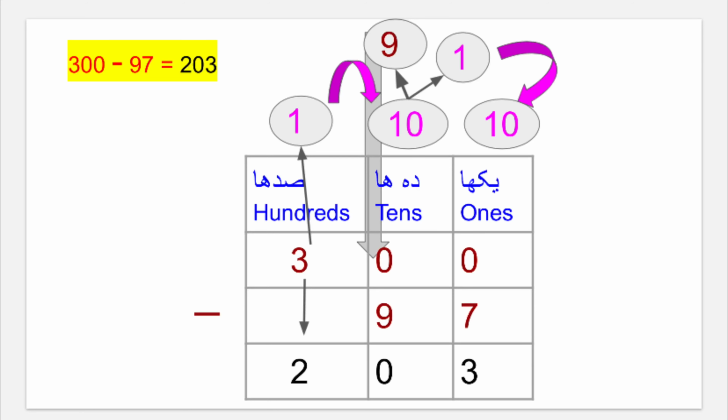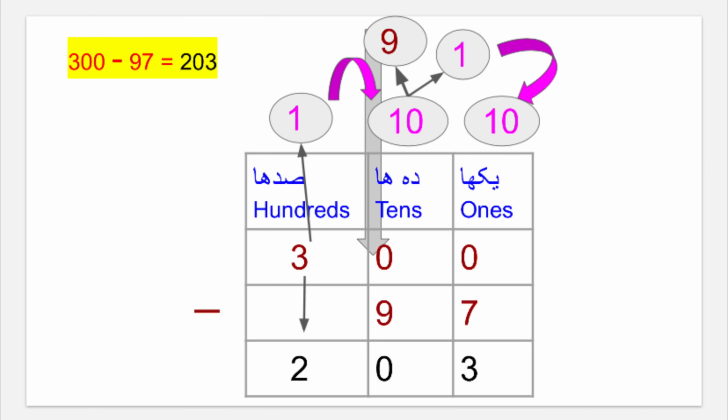There's 3. Number 3 is in the hundreds digit, so we're going to break it down into 2 parts. 1 we're taking and 2 are going to be left there. If we take 1 from hundreds and shift it to the tens, it's going to be 10 tens, and